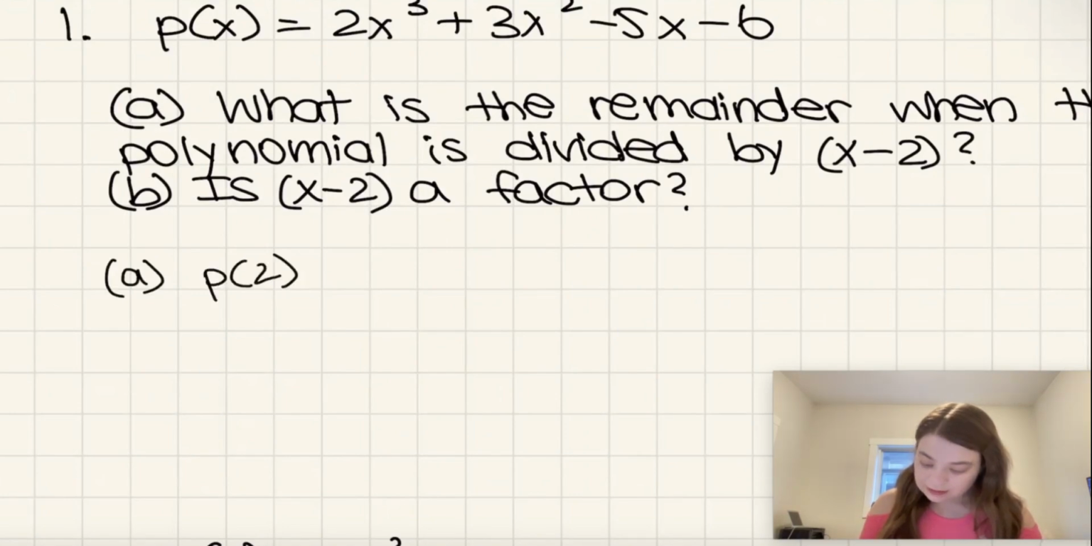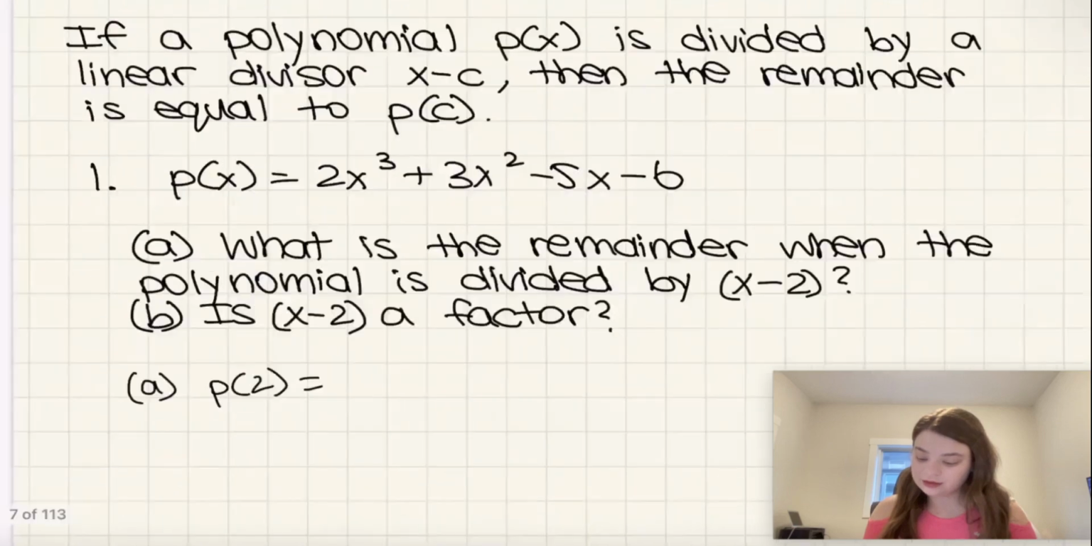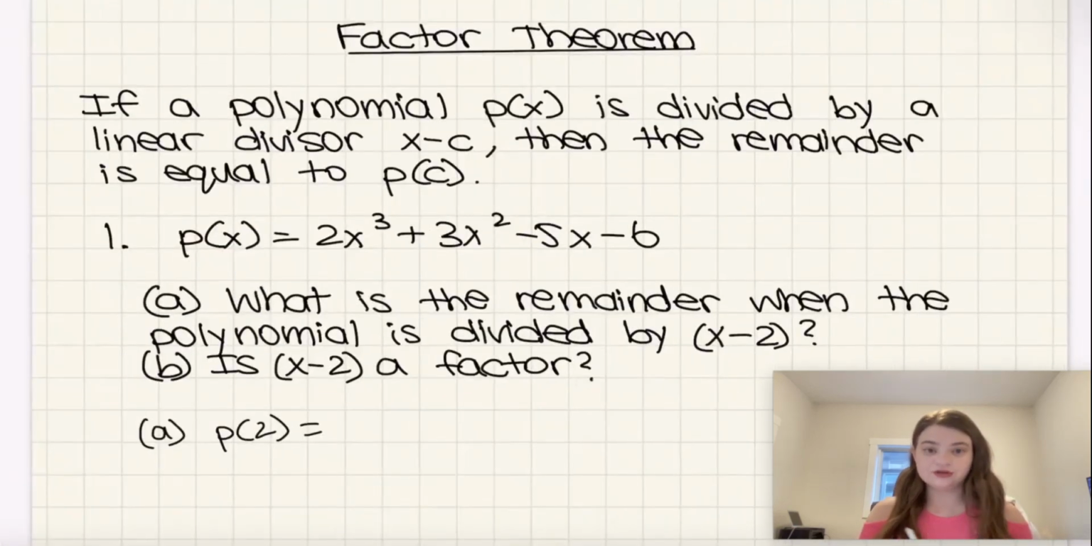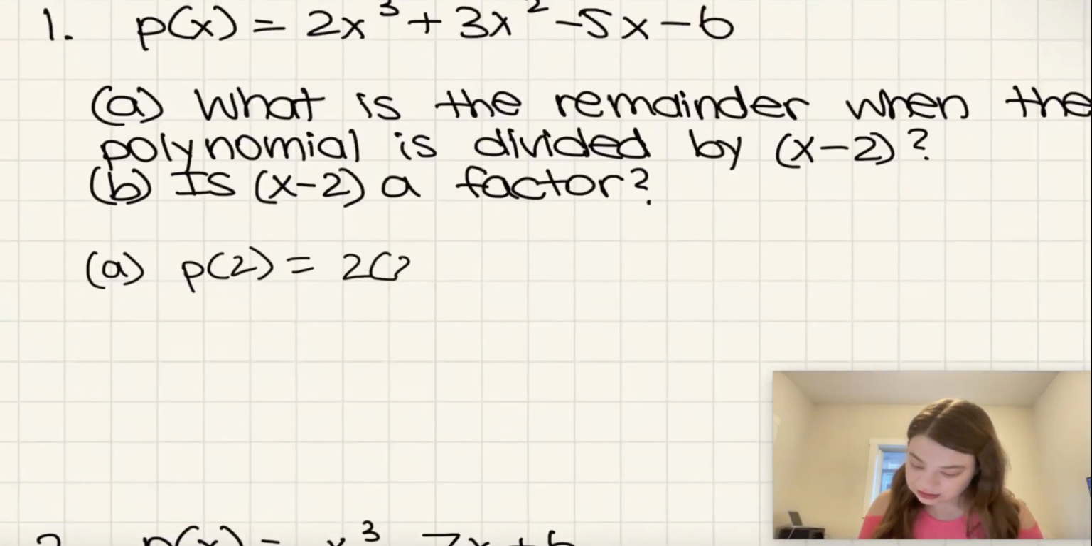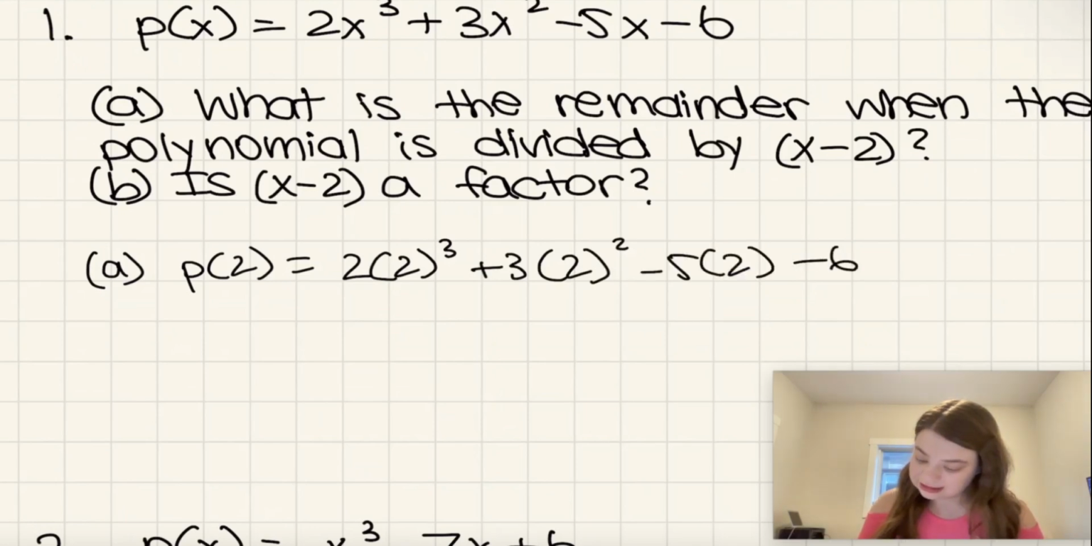P of 2, because P of 2 by this remainder theorem is equal to the remainder. So whatever we get for P of 2 is going to be the same as the remainder when we divide the polynomial by x minus 2. Okay, so we have 2 times 2 cubed plus 3 times 2 squared minus 5 times 2 minus 6, and